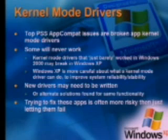I just want to stop on this one, actually. One of the things I mentioned was we probably won't hit 100% on Windows 2000 apps. And the main reason for that is kernel mode drivers. These are the things that when a virus vendor or an antivirus vendor, a virus